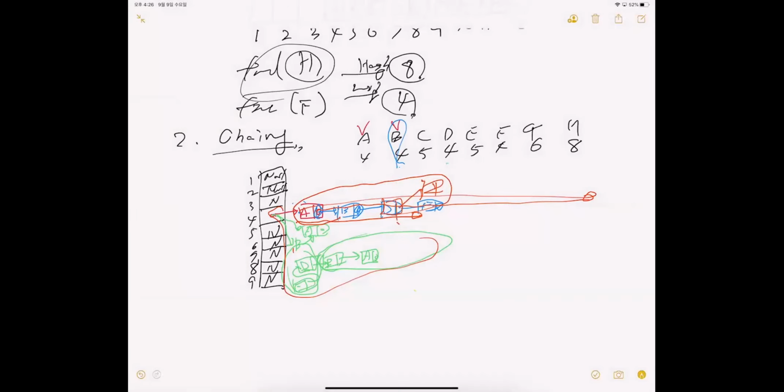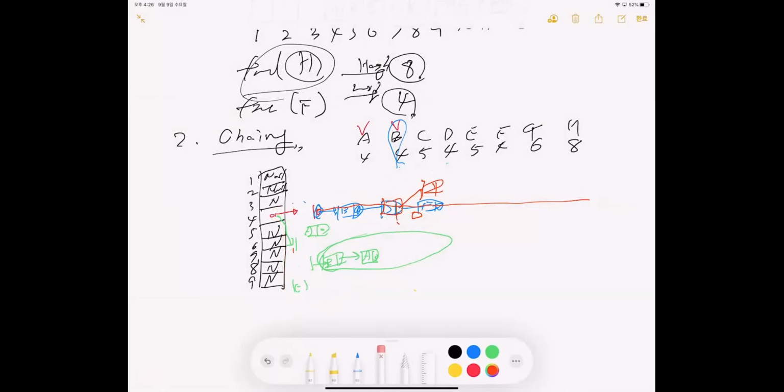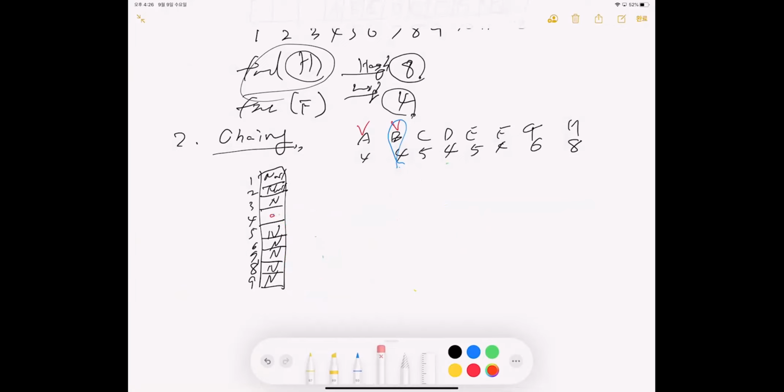So let me erase this. Did I satisfy the explanation? So let's do this. In practice, practically, adding to the head is much more efficient. So let's say I had a